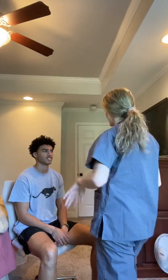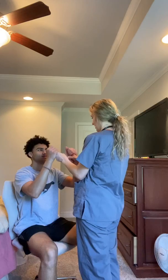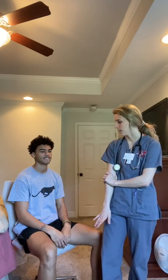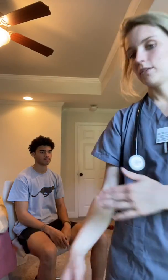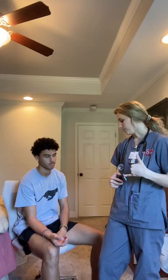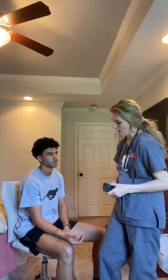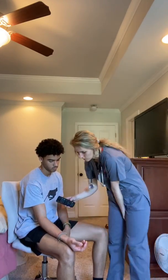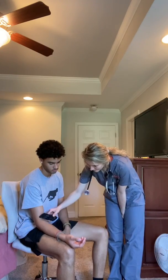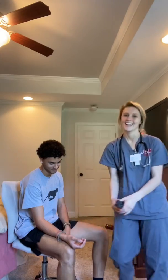Okay, and that's okay. Now we're testing for muscle strength. So can I get you to grip my 2 fingers? Okay, strength is good. Now we're going to do a deep tendon reflex. I'm going to do this on biceps. So it's going to be right there on the bend of the elbow. And this tests spinal nerves T5 through T6. And we would use a reflex hammer, but we don't have one. So just rest the arm. Okay,